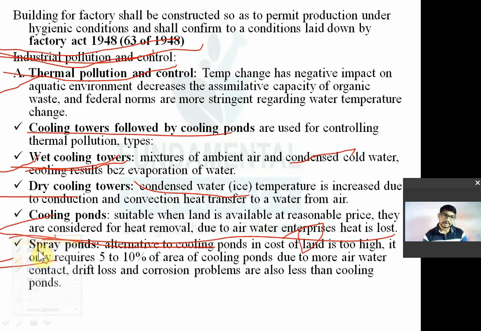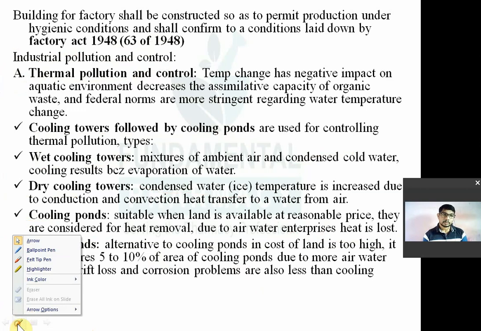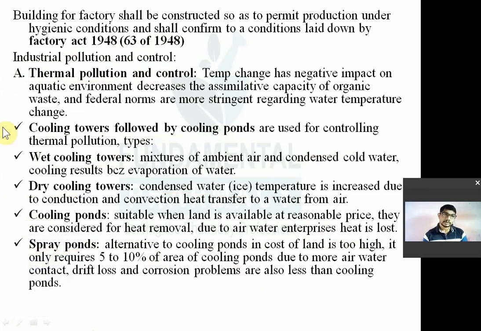Thermal pollution control करने के लिए ये measures लेना है. These are nothing but different measures. याद रखो जो ponds and towers, cooling towers कहाँ पे यूज करेंगे अपन? थर्मल पोल्यूशन कंट्रोल करने के लिए। इसमें वेट कूलिंग टावर्स भी होता है, ड्राई कूलिंग टावर्स भी होता है, और कूलिंग पॉन्ड्स वो भी किसके लिए होता है? थर्मल पोल्यूशन कंट्रोल करने के लिए। ये याद रखो एक बार, towers, cooling towers, and they are used to counteract